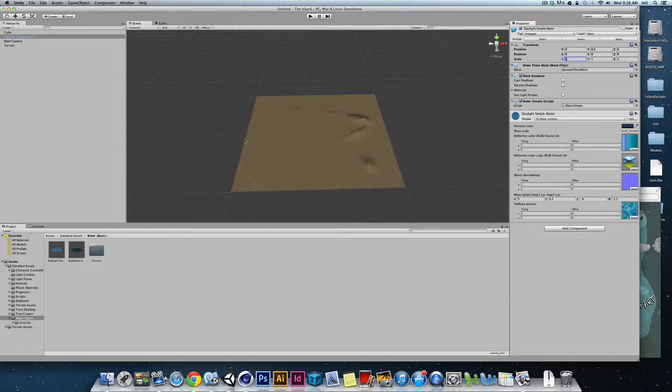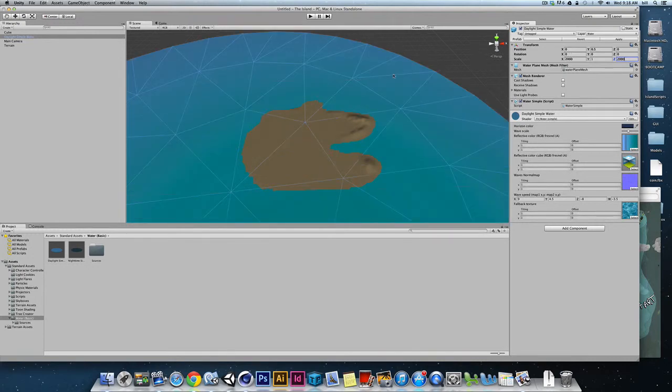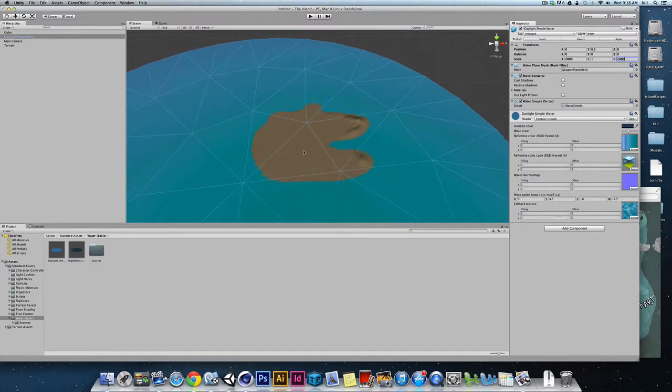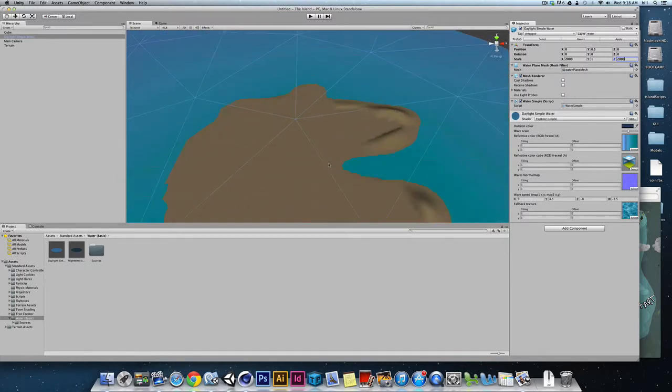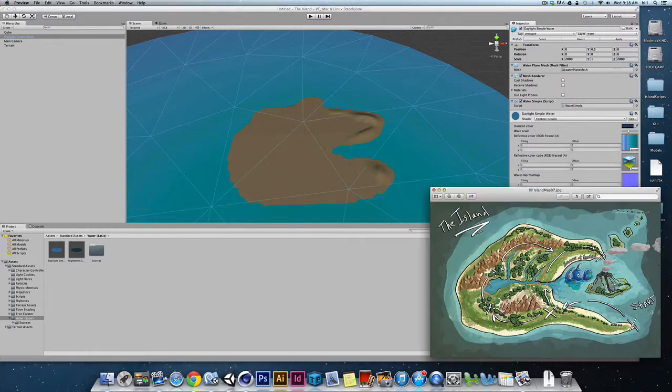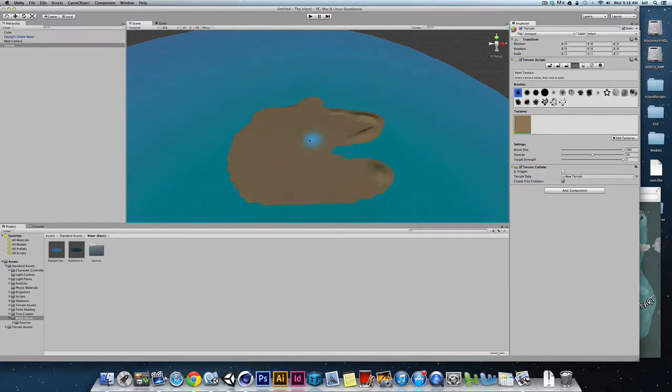So I know my map is about 1,000 meters wide. So I'll make this about 2,000 meters by 2,000 meters. There we go. And I can move that around, but there we go. There's the basic shape of my island. Now obviously I got a little bit of a glitch. I don't have all the nuance that I have in my reference sketch, but now that I have the contrast here,